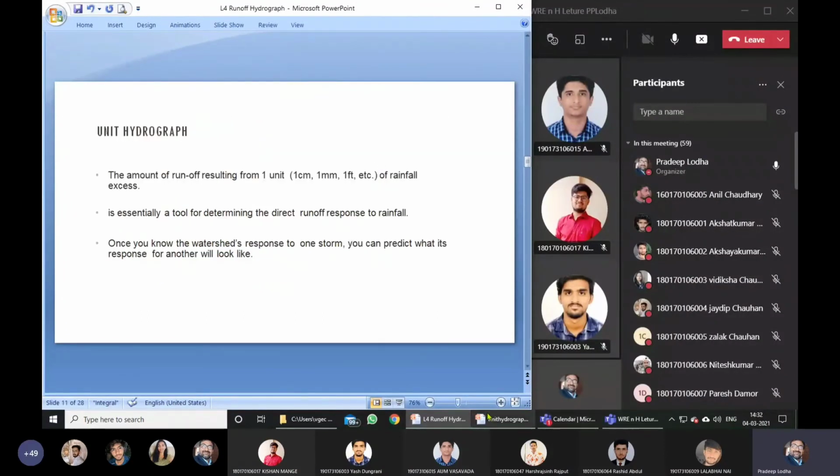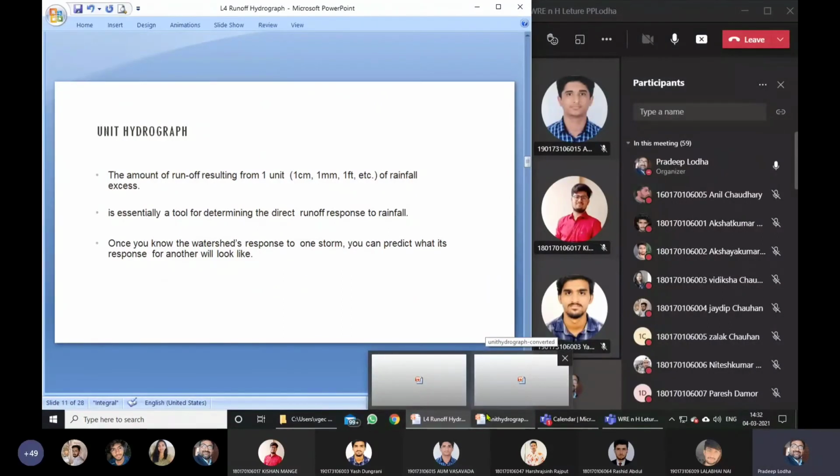And what is unit hydrograph? Look at the amount. What is unit hydrograph? The amount of runoff resulting from 1 unit, 1 centimeter or 1 millimeter or 1 inch or 1 foot even of the rainfall excess. मतलब एक यूनिट रेनफॉल, 1 सेंटीमीटर रेनफॉल पूरे कैचमेंट में एवरेज में हुई है, तो उससे कितना रन ऑफ जनरेट होगा, वो यूनिट हाइड्रोग्राफ है। द अमाउंट ऑफ रन ऑफ शो करता है कितना पानी इकट्ठा होगा यदि 1 सेंटीमीटर की बारिश यूनिफॉर्मली पूरे कैचमेंट में हुई है तो।